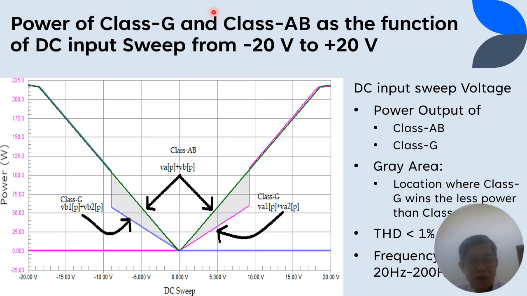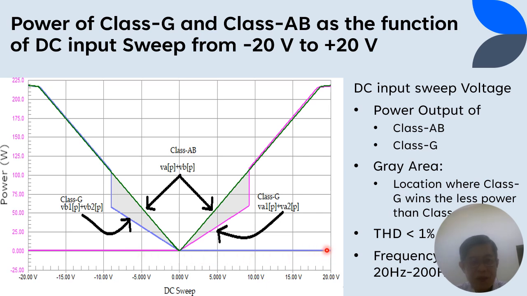The total value of positive and negative power in class G is compared with class AB here. We will compare from this graph. This figure displays the output power of class G and class AB as a function of the DC sweep. The gray area is the area where class G outperforms class AB. As we can see here, the power drawn by class AB is larger than class G. Based on the ratio of the gray area to the area under class AB during the DC sweep experiment from -9 to +9 volts, and from -18.5, here the linear version, to 18.5 volts,